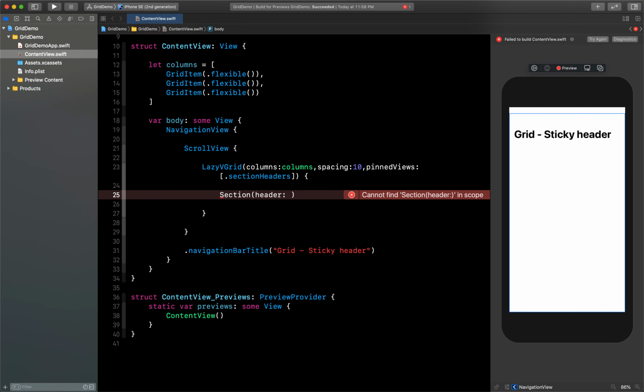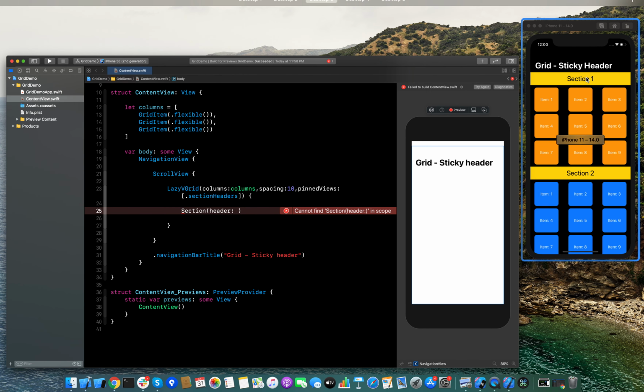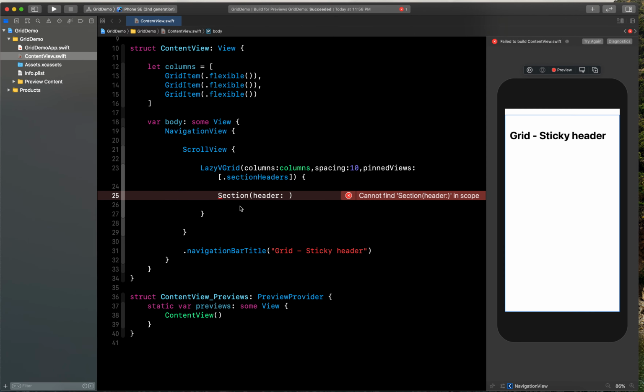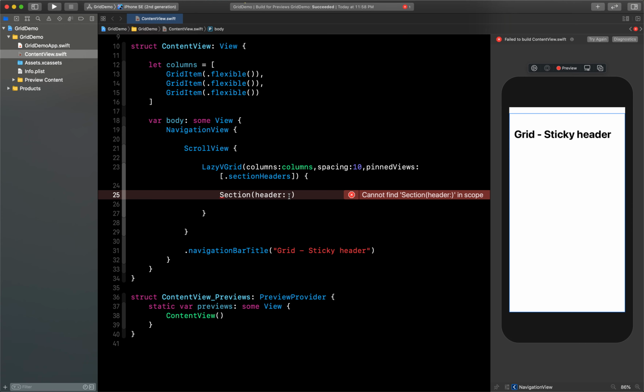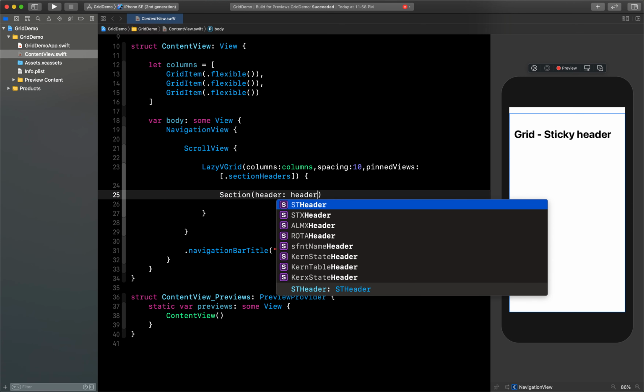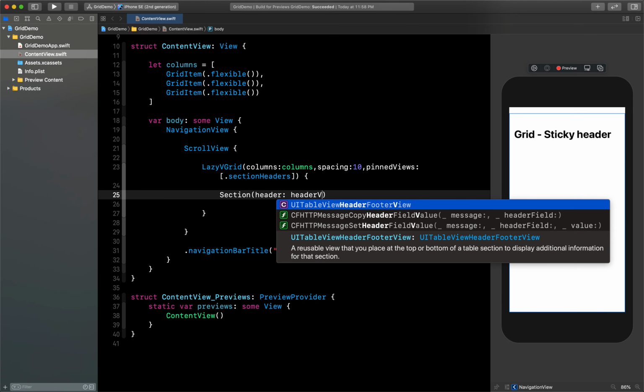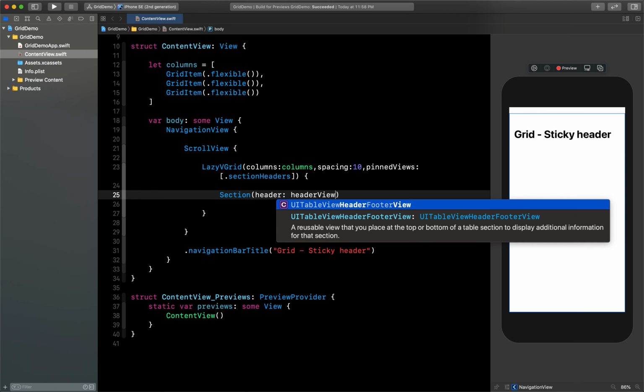So we need to pass here one view. Here you can see I have one view, like a background with yellow and text with black color. So I will create one header view, which I will be passing here. Now we don't have this header view in our class, so that's why it will give us this error. But let me create this, and then we can actually create that header.